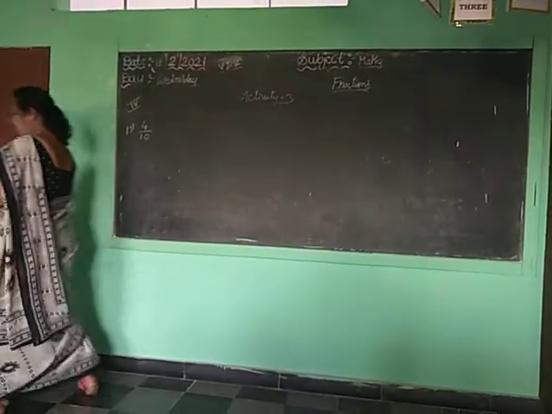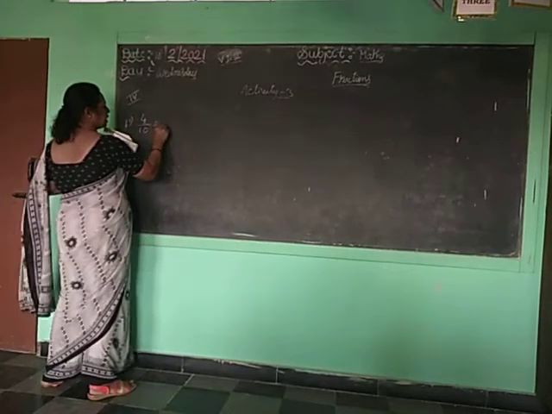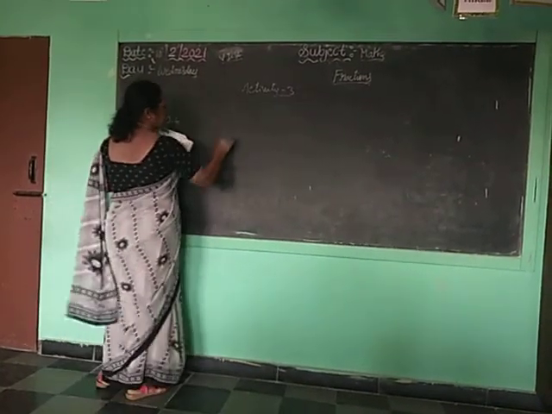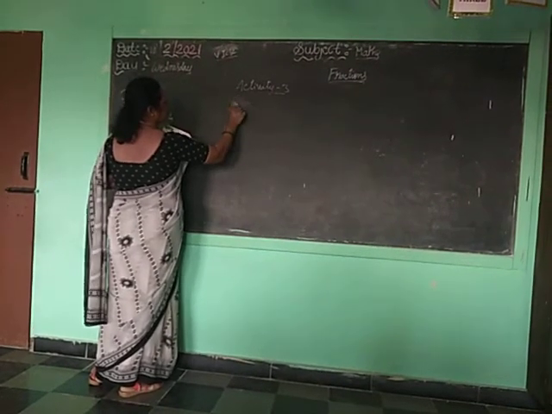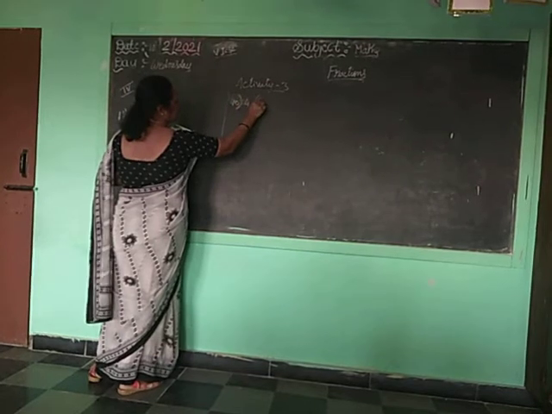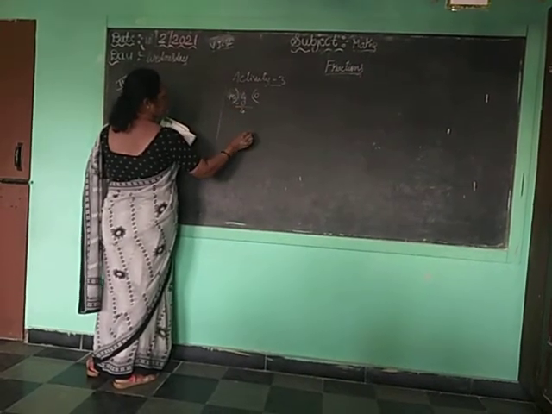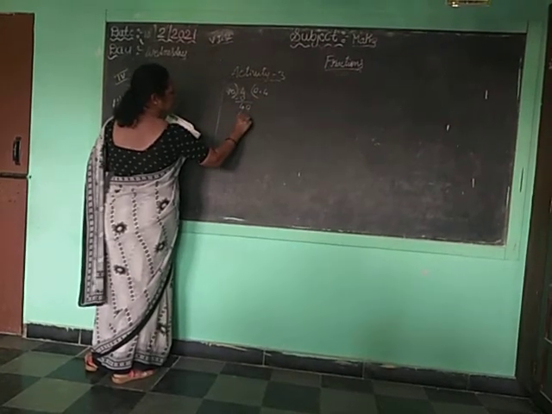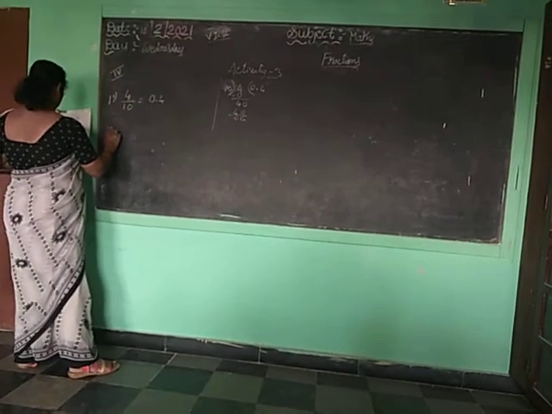So they asked to express into decimal form. So 4 by 10 is equal to what? 0.4. See, I will show in the working column. From 4 you divide, sorry, 10 divide 4. 10 zeros are 0. 4 minus 0 is 4. Next, put a point, add a 0. 10 4s are 40. Okay children, that is 0.4.